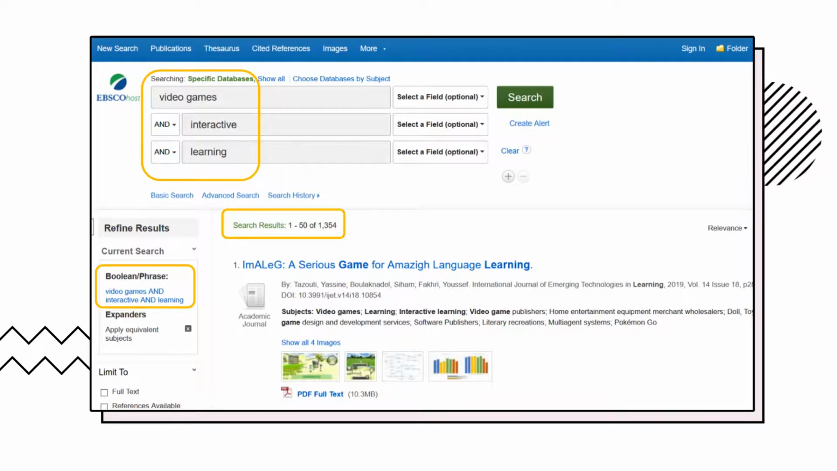Since we want all of our terms to be in our search results, we will string the terms together using AND, making our search string read video games and interactive and learning. After clicking the green search key, and at the time of this recording, you will see there are